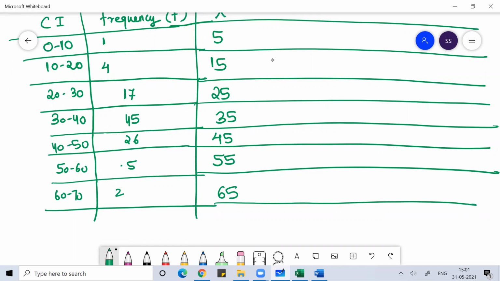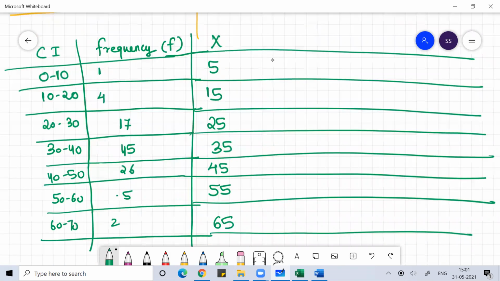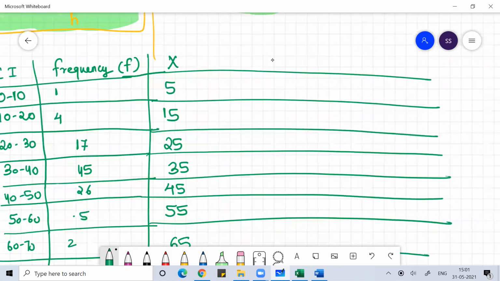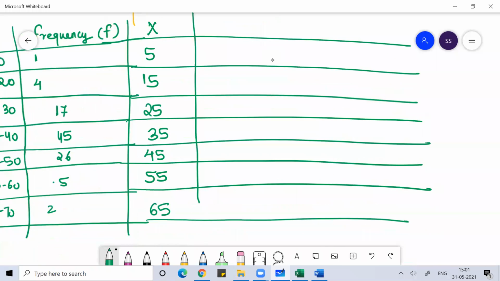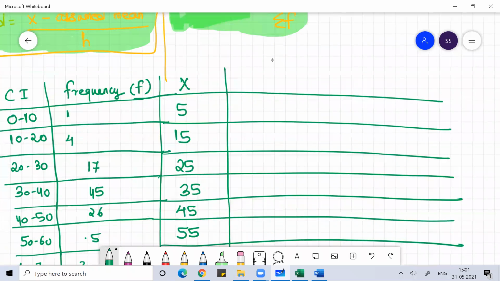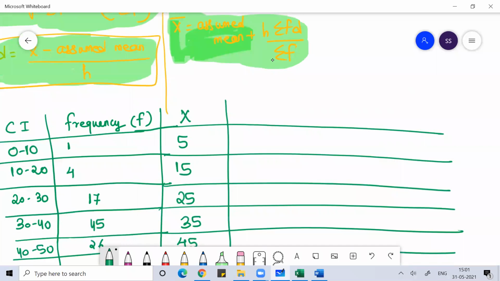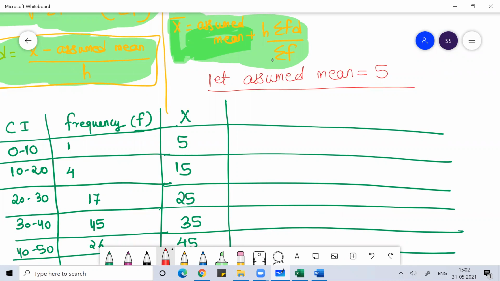Out of these x values, you can call any value an assumed mean. Normally in textbooks they always take the middle value as the assumed mean, but I always take the smallest value. So let my assumed mean be 5. You can take any value as the assumed mean. I already proved in the past that whichever value you take, your answer will not change. So here also I'll do the same thing. I've taken 5 as the assumed mean, and then I wrote the formula d equals x minus 5